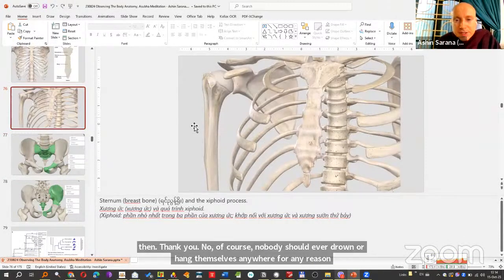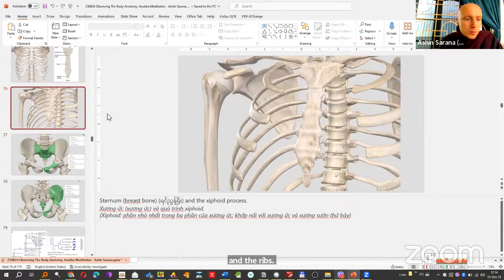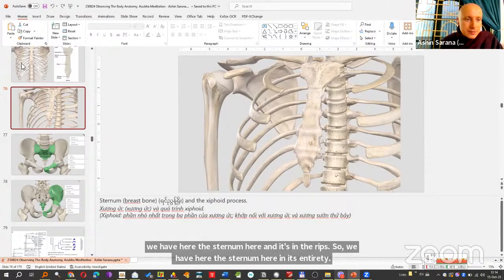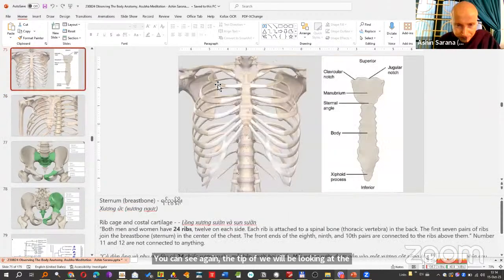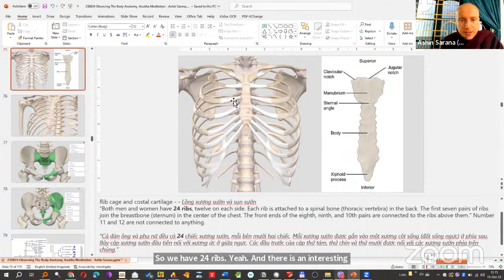And we continue to the sternum and the breastbones and the ribs. So we have here the sternum in its entirety. You can see again the tip of the sternum, and we will be looking at the ribs. So we have 24 ribs, 12 ribs on each side. And there is an interesting thing: 1, 2, 3, 4, 5, 6, 7 ribs, 7 pairs out of these 12 pairs are directly attached to the